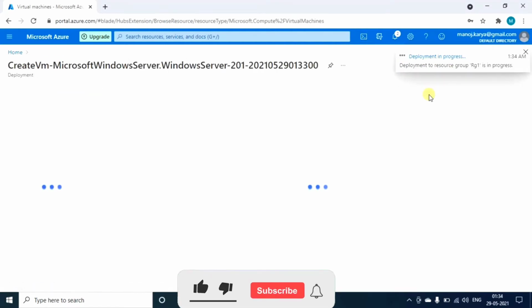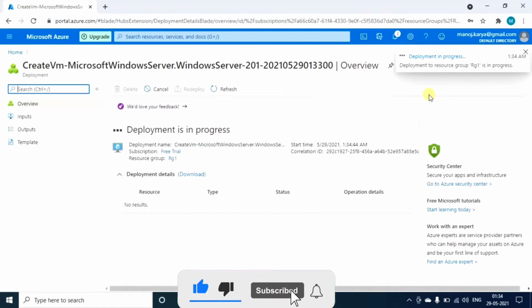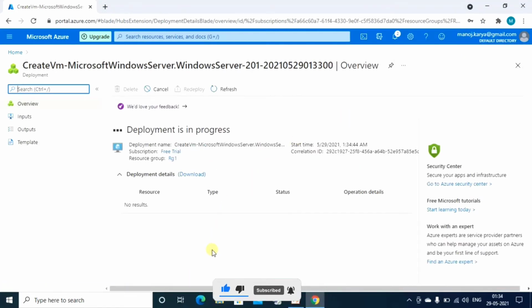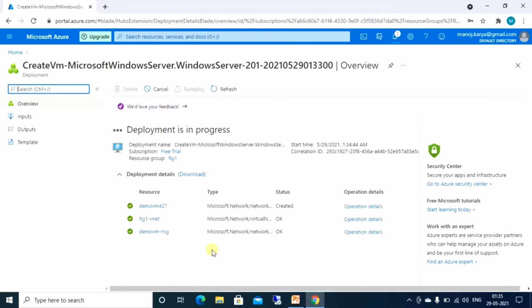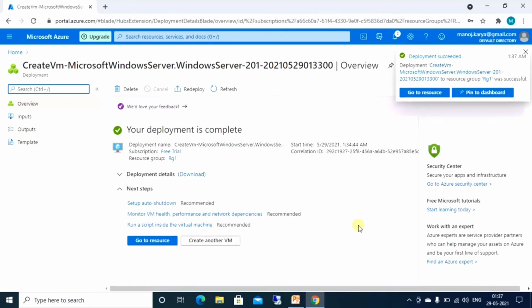It will take a few minutes and the VM will be created. So we can see now our VM is created. Let me go to the resource.